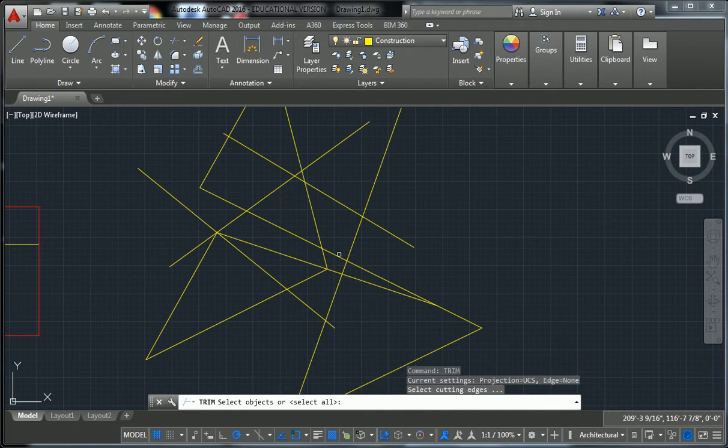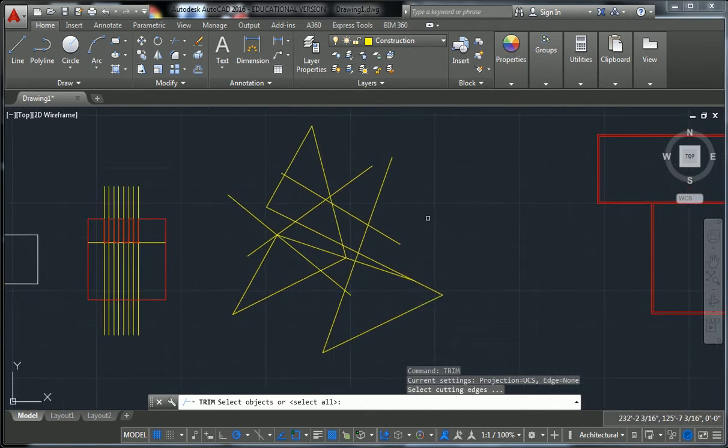trim command, I hit enter. It's not exactly clear in its description, but the first step it's asking you for is which lines do you want me to use to cut? Which ones are going to be my active cutting lines? So if I select this line and that line and I hit enter, those are going to be the only lines that can trim. So if I cut here and cut there,